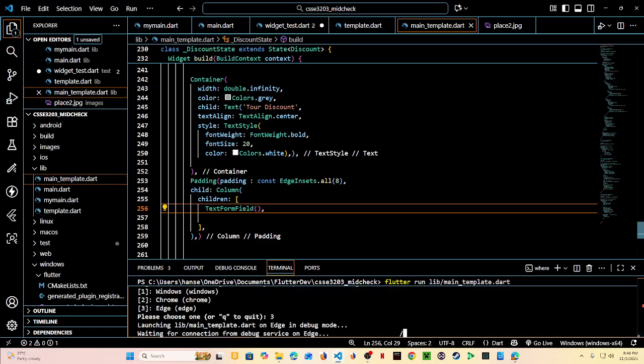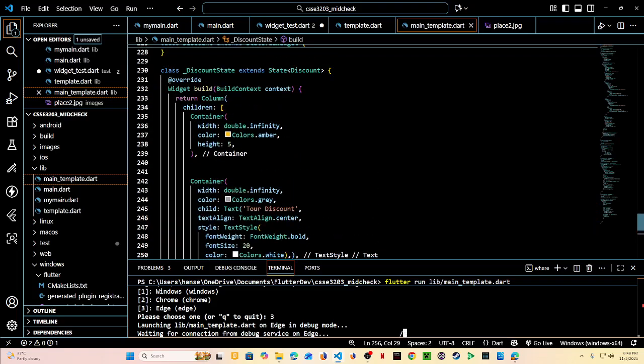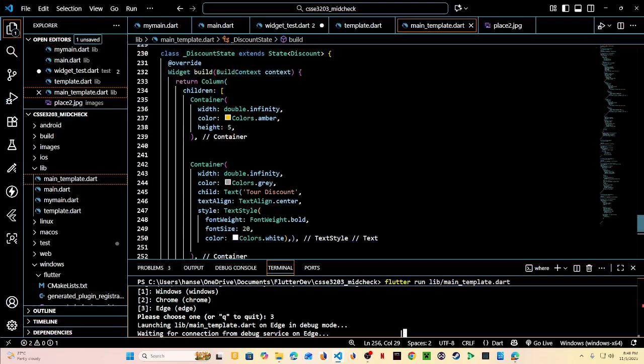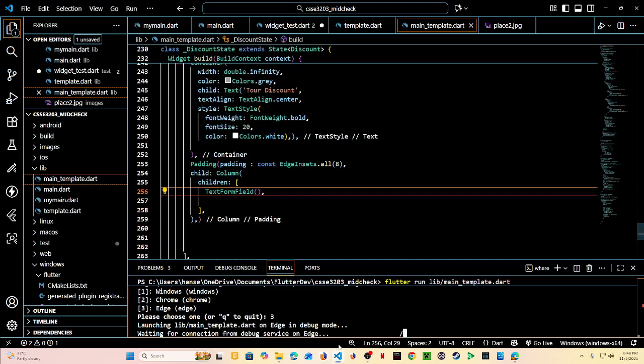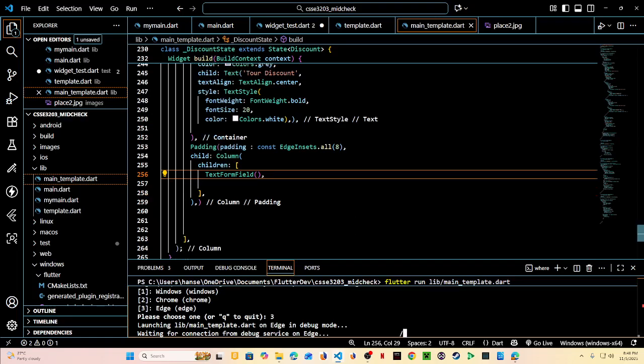While we are waiting for the output, let's probably continue our text form field within this padding. Right, so we have already worked on a couple of containers that will only appear as a label, text, discount, and probably one empty container which is color amber with a height of 5 pixels. Right, so hopefully we could see that one already. But while it's refreshing, we can now set our property in the text form field, and this text form field